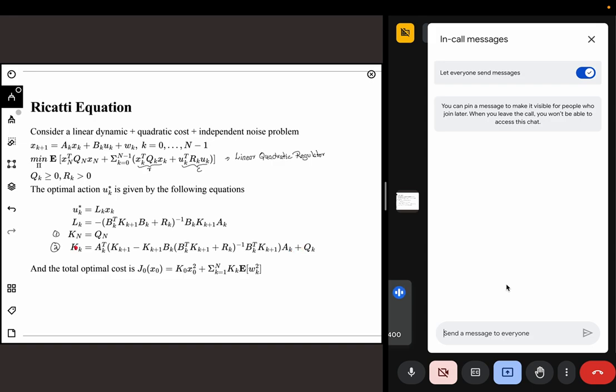And once you get the K value, you can substitute that in this equation and get LK, and from LK you can actually determine the value of UK star. Once you have all these values, you can directly calculate the total cost depending on your initial condition as this. So the extra term that I'm writing here is basically the variance